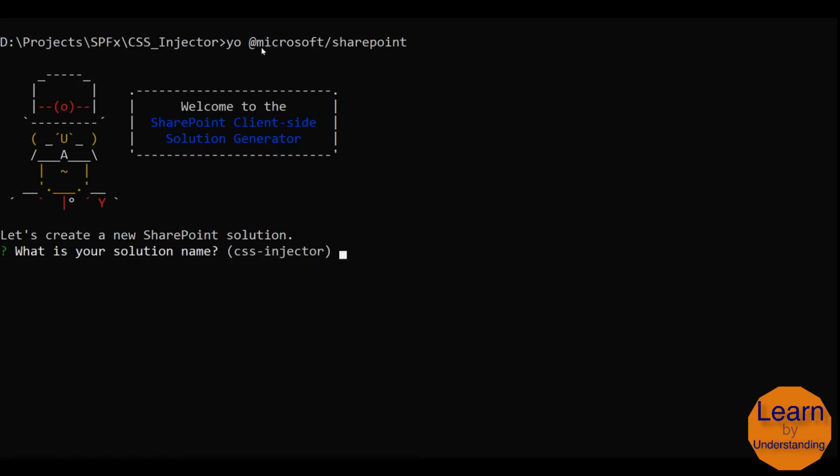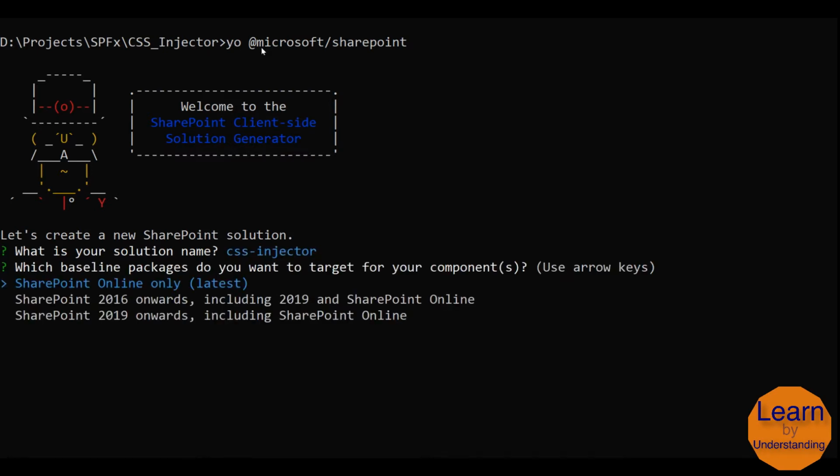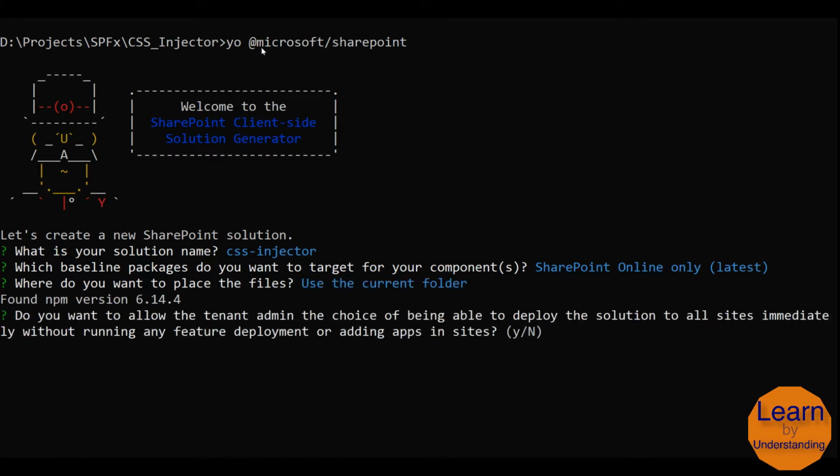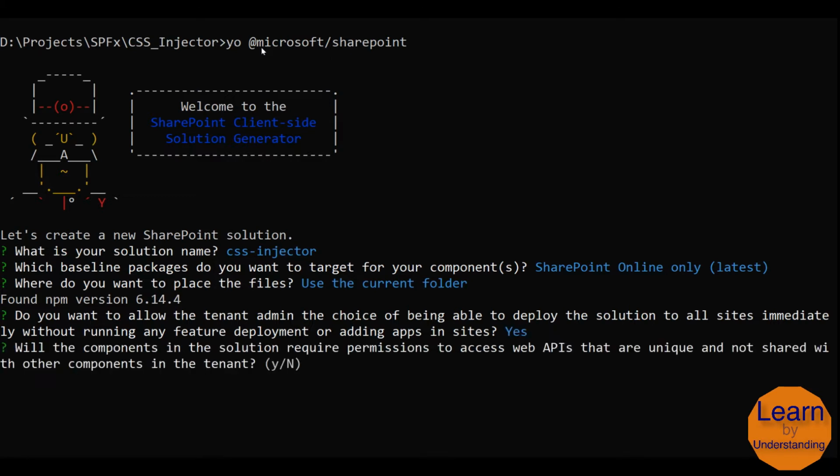Here I'm giving the solution name as CSS injector, selecting the latest option for target, current folder for solution, yes for the option to deploy for all the sites, no for required permission,